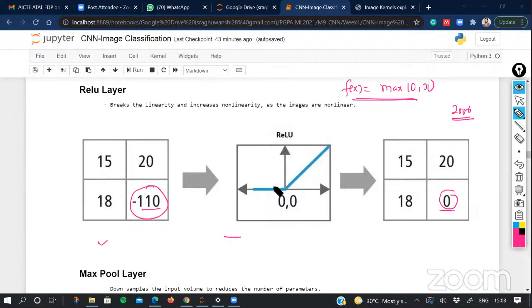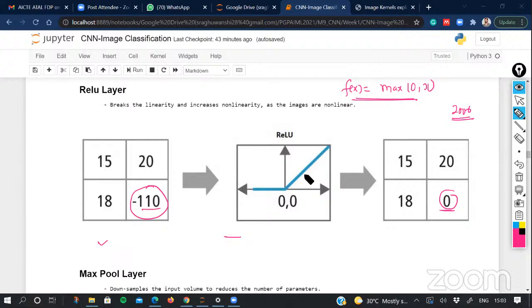And this nonlinearity helps us to learn the patterns of the data. And images are the most nonlinear form of data. So this ReLU, and any other nonlinear activation function which can support this nonlinearity, can be utilized here. But since its inception, this has become the state of the art that is used in many deep learning architectures. So we use ReLU as a nonlinear activation function in convolutional neural networks.